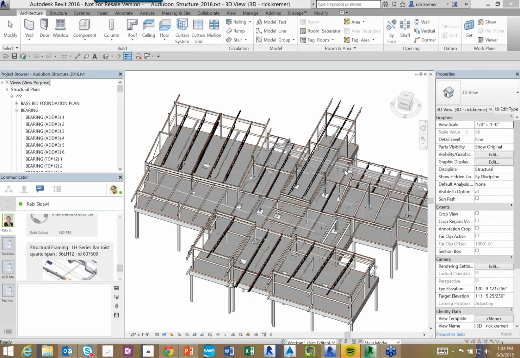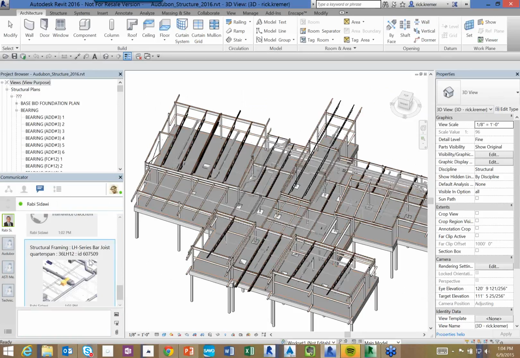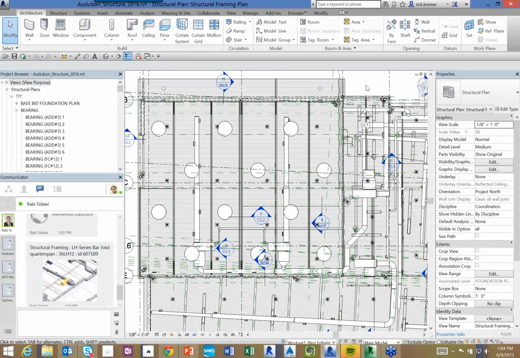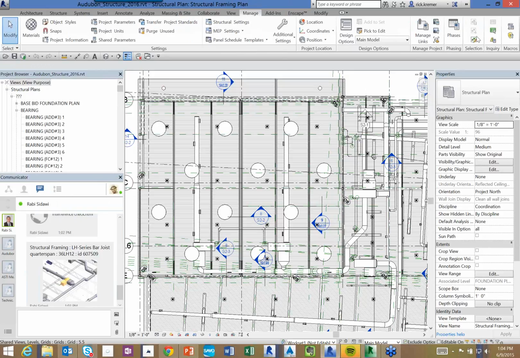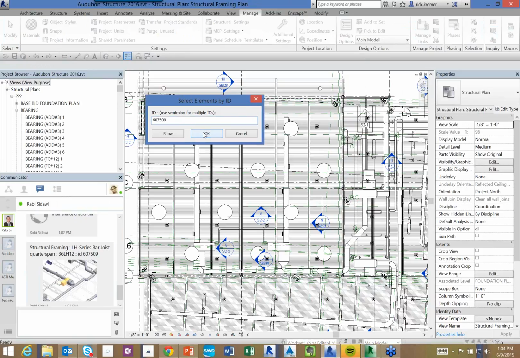Thank you, Robbie. Now everyone should be seeing my window over here. This is my 3D model. And over here in my messenger, I've noticed that I have a message. This message says structural framing, and since he told me the identifier, what I'm going to do is simply highlight it, copy it, then come over here, let's say to a floor plan view, and find the ID. Type in my ID, click Show,